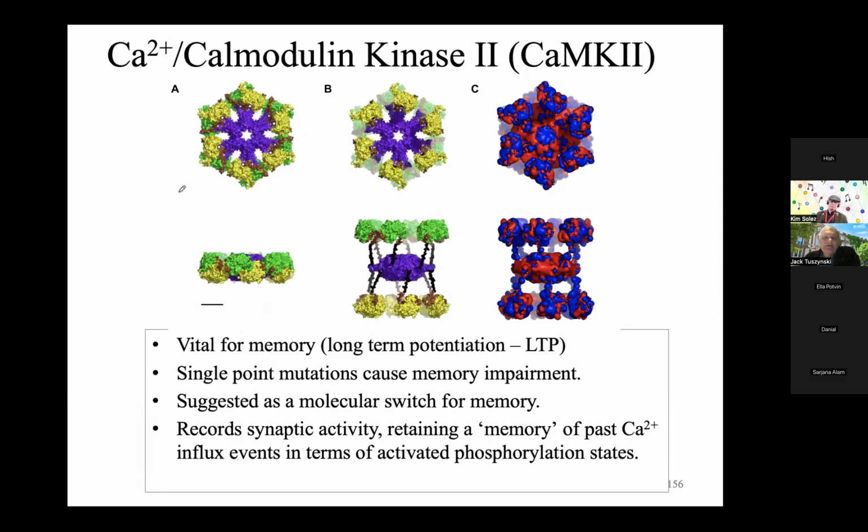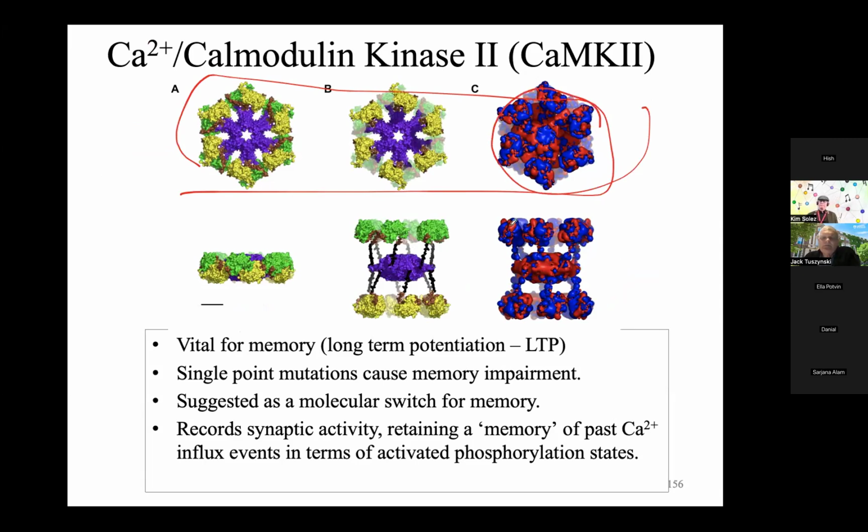This is the top view of the enzyme, and I showed different graphical representations. This one, C, shows you the charge distribution. Red is negative charge, blue is positive. So this is the top view, and here you have the side view. Stuart Hameroff calls it a poodle or a transformer. It walks on microtubules, and as it walks, it phosphorylates them. So these are the legs.